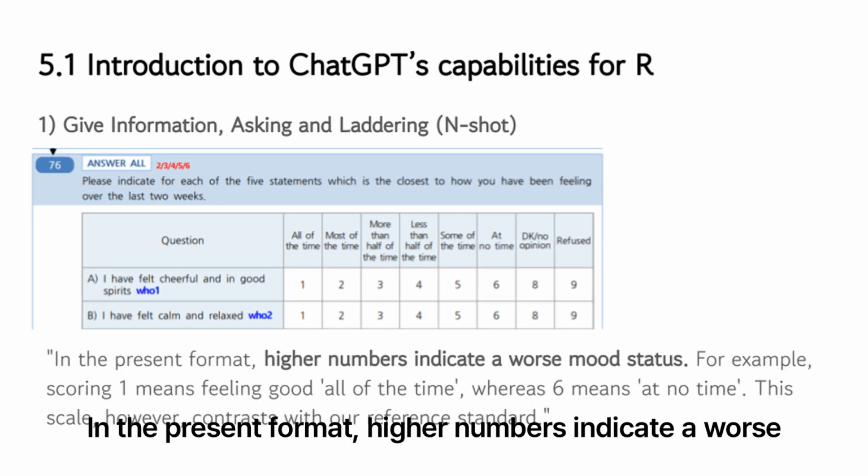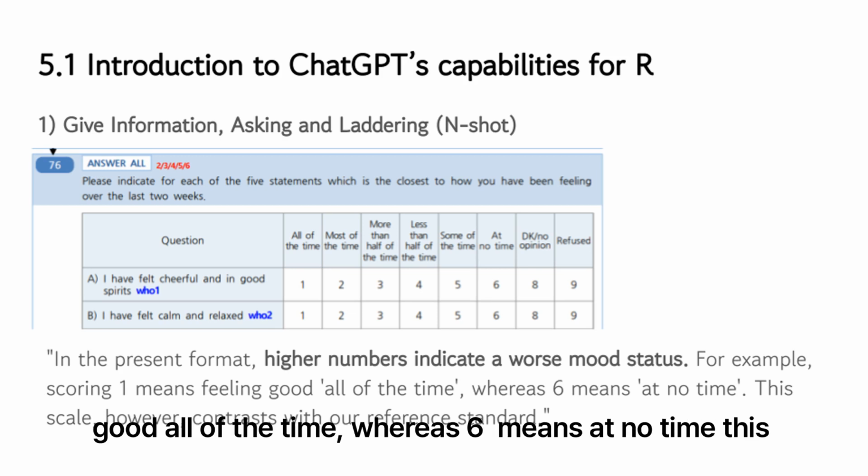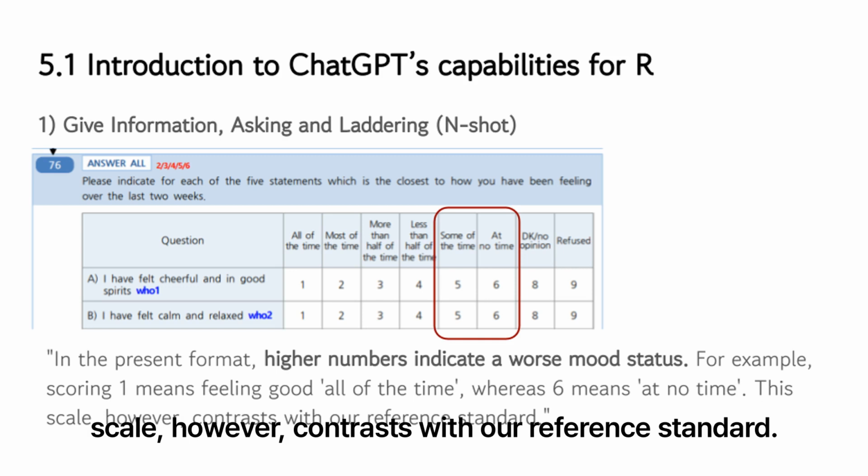In the present format, higher numbers indicate a worse mood status. For example, scoring 1 means feeling good all of the time, whereas 6 means at no time. This scale, however, contrasts with our reference standard,